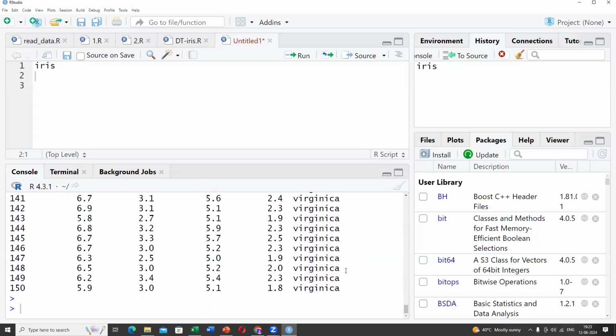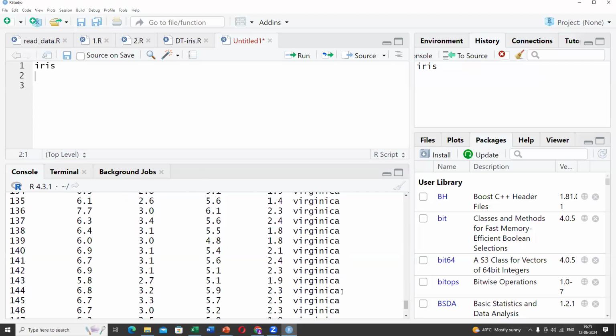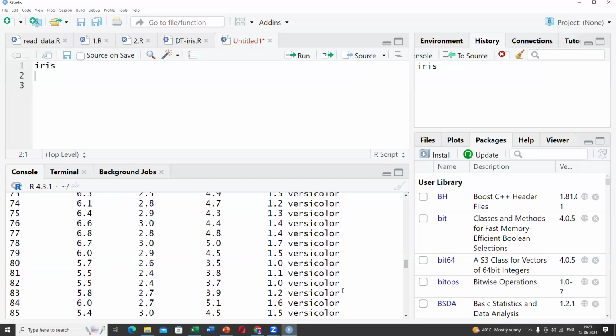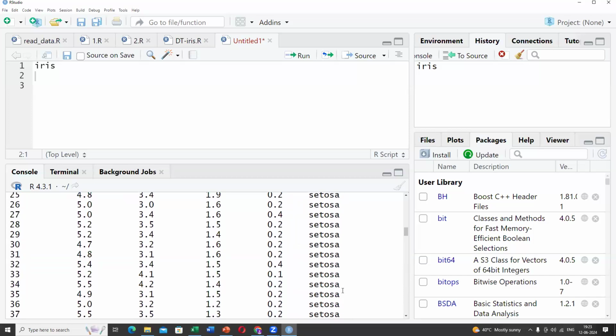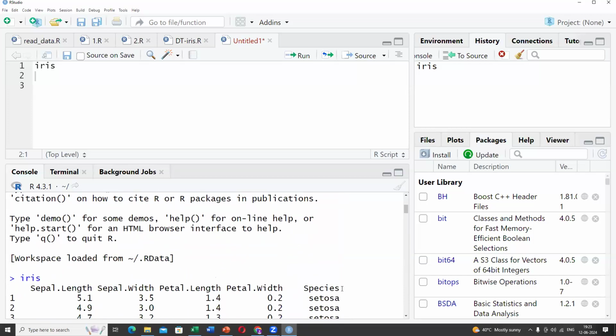So we identified that there are 3 class levels existing in this iris data set: setosa, versicolor, and virginica. Okay. Now let's talk about